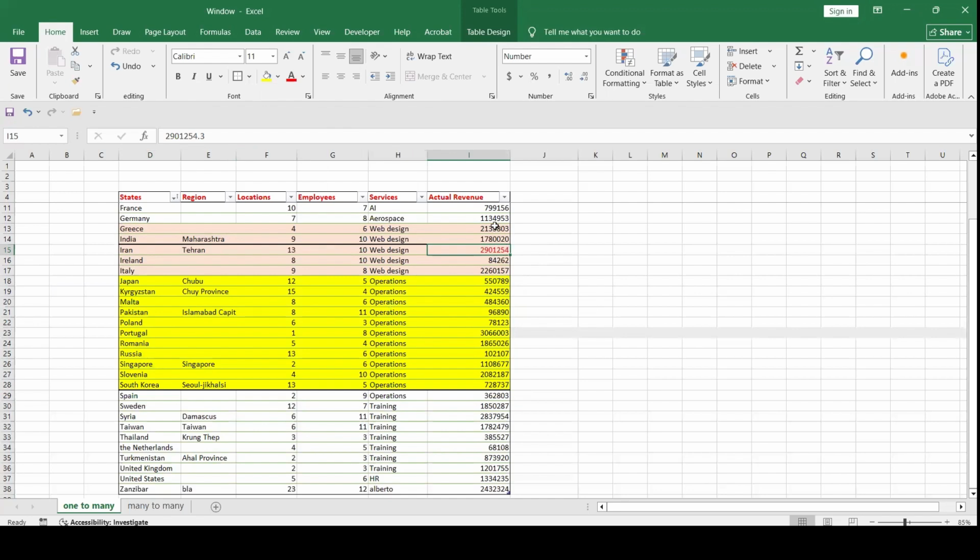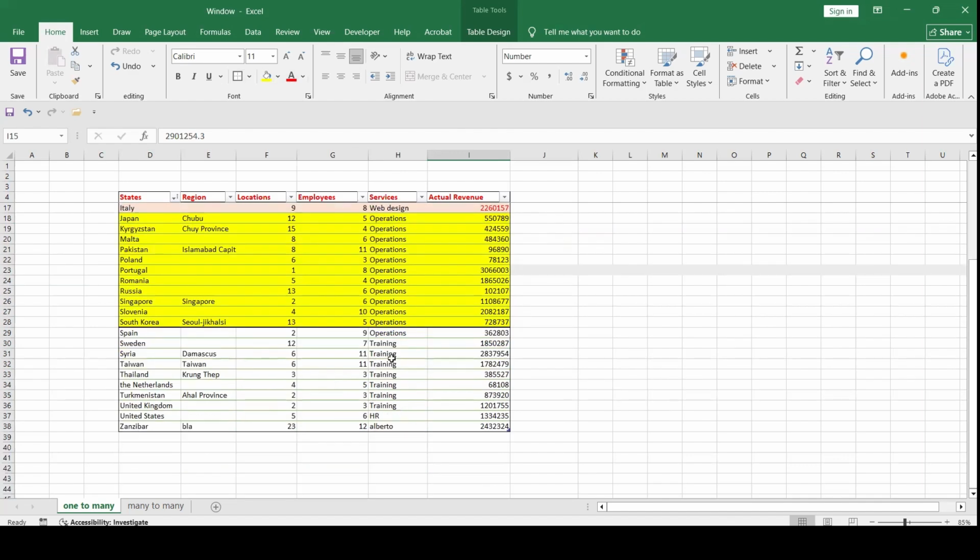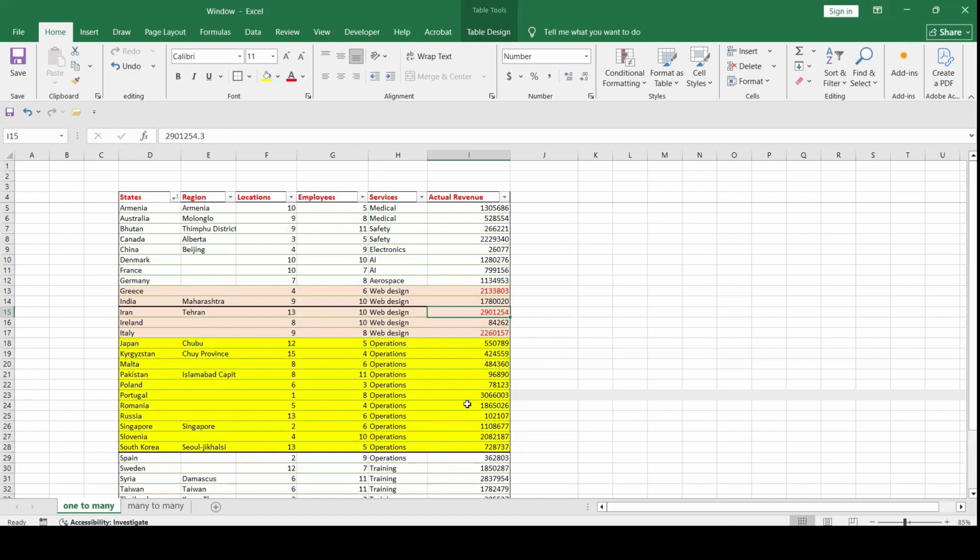Then the second one, in descending order, would be 2.2 millions, and the third one will be 2.1 million. I can do that also for each category from my service column.